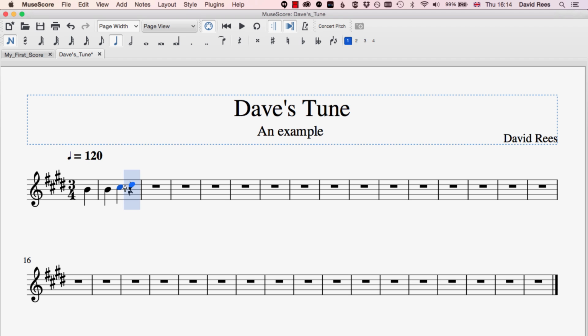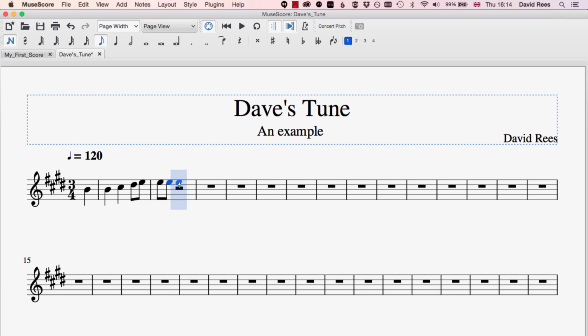appear in the music. If I want a different duration of note, say I wanted a quaver or an eighth note, then I need to choose that button from the top bar, and then I can start clicking around and we get quavers instead of crotchets, or eighth notes instead of quarter notes for the Americans out there. And so it's really easy to start putting in slightly more complicated rhythms just by choosing the lengths of notes